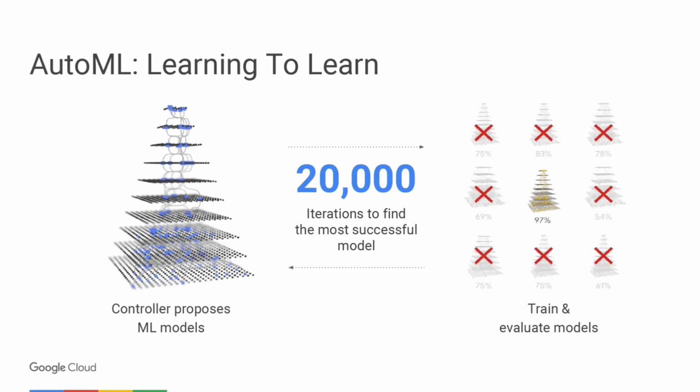There may be large amounts of layers in a model. You might have a huge model versus a small model, so there's a lot of thought that needs to go into that model. What AutoML does is that it uses machine learning to figure out what is the best model to run based on the problem that I'm trying to solve. So we're in the very early stages here, but the progress has been quite encouraging.